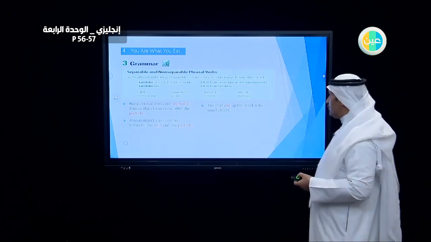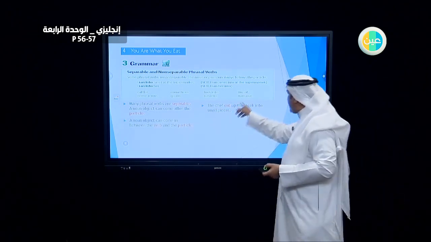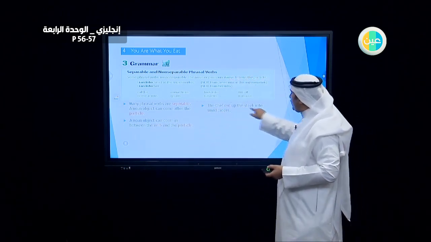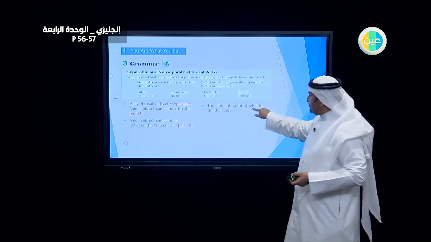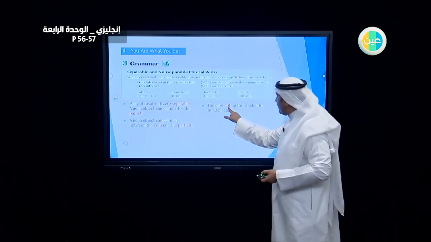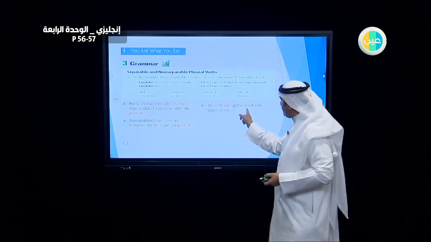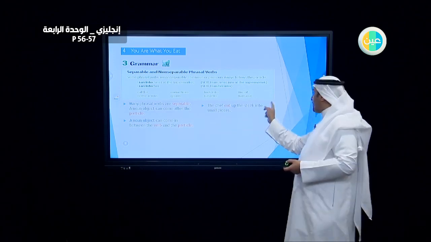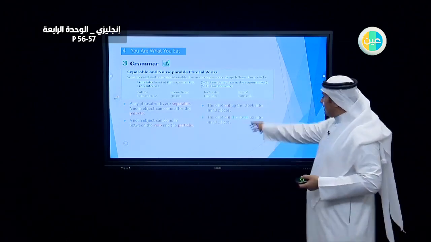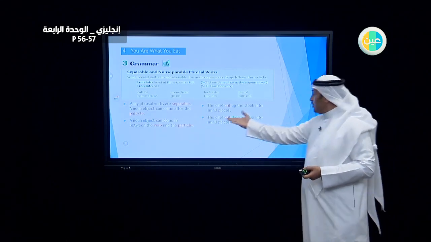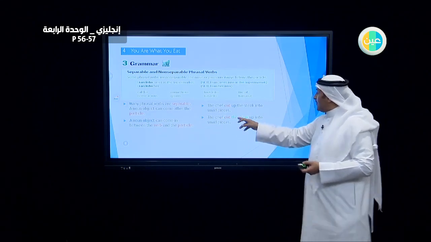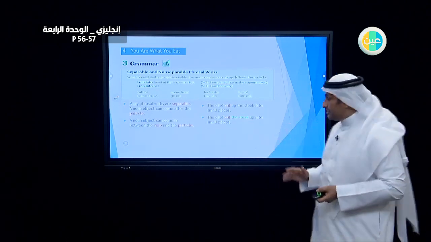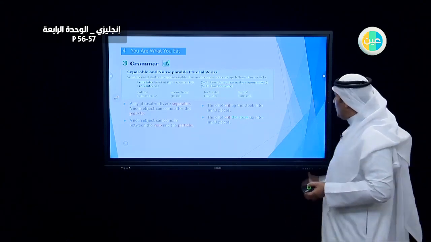An object can come between the verb and the particle. This is the noun object, the steak, and it comes between these two, the red one and the blue one. You can put it between them, and we can say the chef cut the steak up into small pieces. I think it's so clear for you now. This is about grammar 2, which is talking about